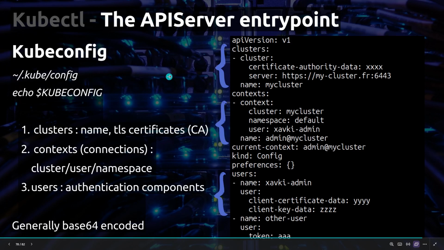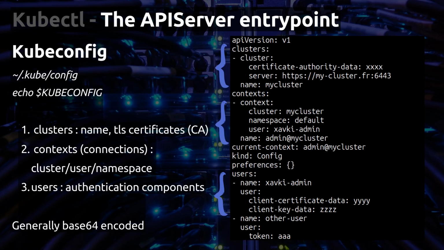And now the kubeconfig, we'll go into more detail in the next video, because in the next video we'll discover the kubectl command, the arguments and options for beginners, and in the second part of the next video we will use a curl command to push some requests to our API server.